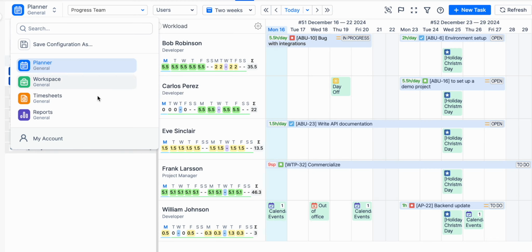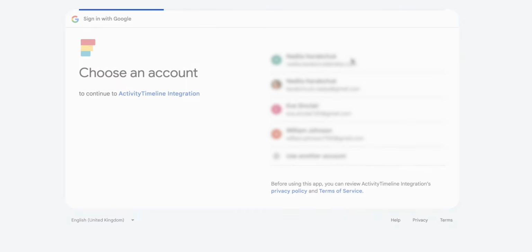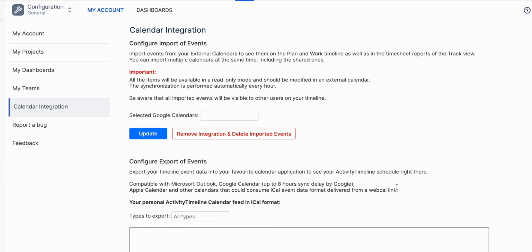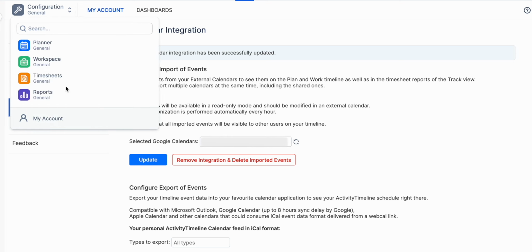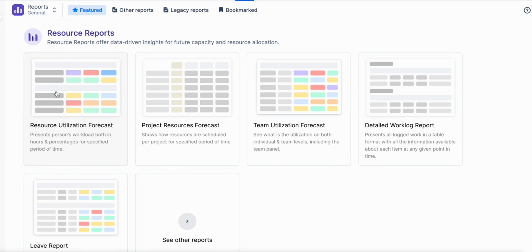To set it up, go to My Account, select Calendar Integration, and click Import from Google Calendar. Approve the integration, choose the calendars you want to sync, and click Update. It's that simple. When it comes to reports, ActivityTimeline offers a variety of planning and forecasting options, but as